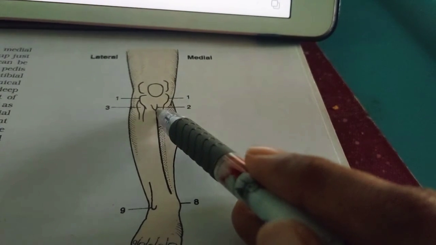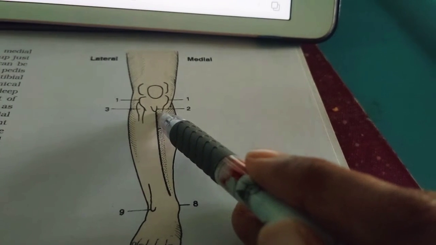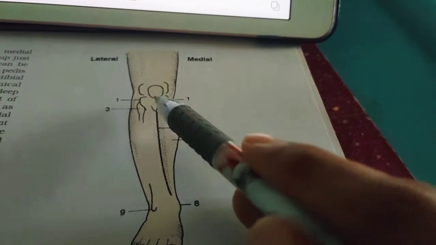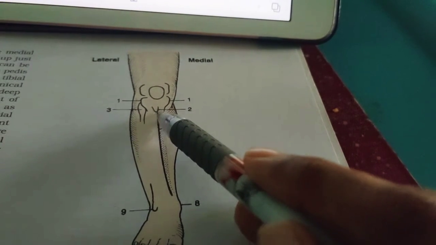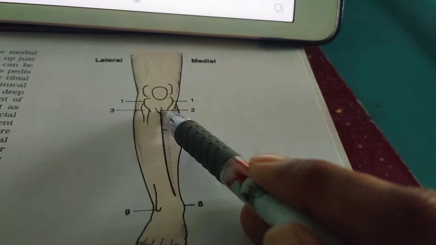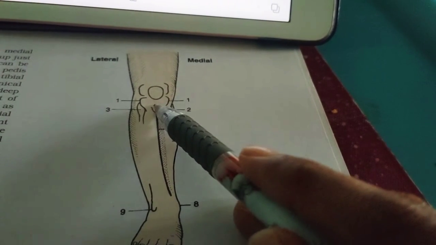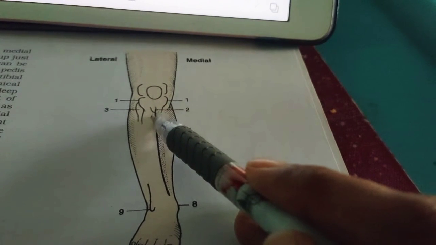Next, coming to the tibial tuberosity, it is a bony prominence on the front of the upper part of the tibia. It is 2.5 centimeters distal to the knee joint. It's a line passing through the upper margin of the tibial condyles, here like this. The tuberosity provides attachment to the ligamentum patellae above and it is continuous with the shin below.